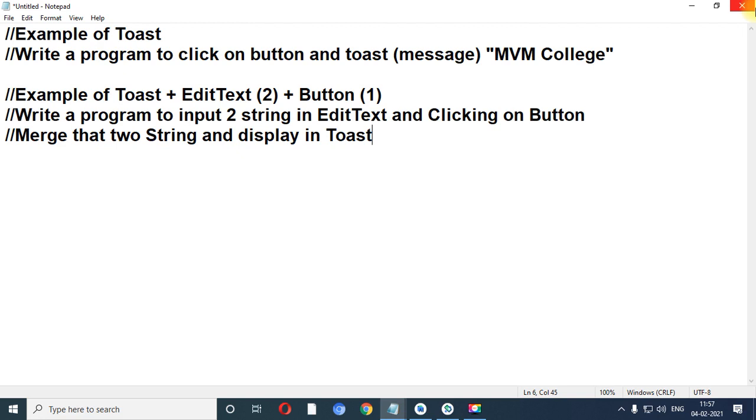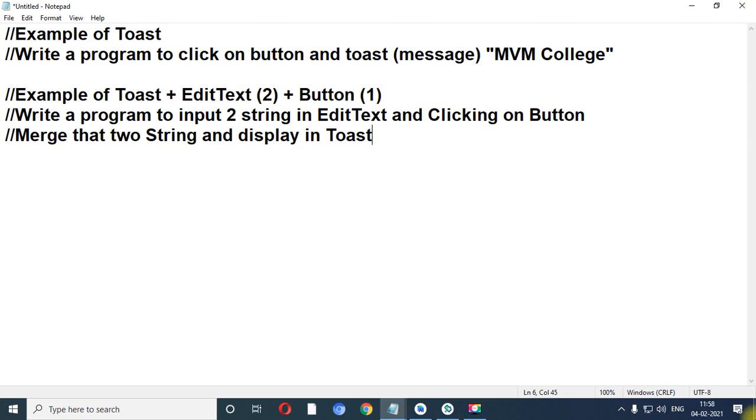Say for example, you insert MVM in one EditText and College in the second EditText. At that time you click on the button, and it will prompt you a message on the screen: MVM College. So these two are the programs which we are going to perform in today's session.